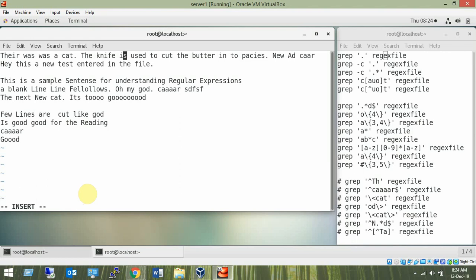For example, what happens is when you open the file, you are placed here. I have seen people without the knowledge of this uppercase A, they want to write something after this. What they will do, I'll show you. They'll press i, they'll use the arrow key around 50 times, since around 50 characters are there. You have to press 50 keys to reach this place by using arrow keys.